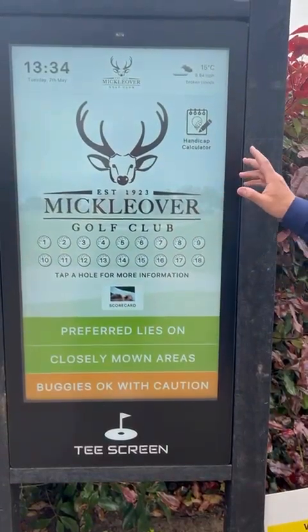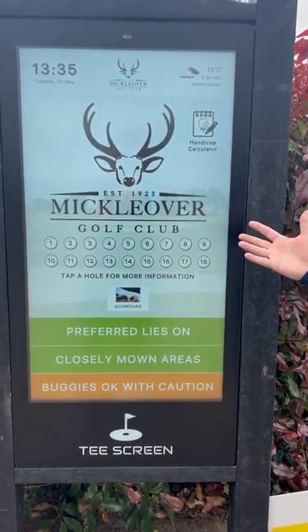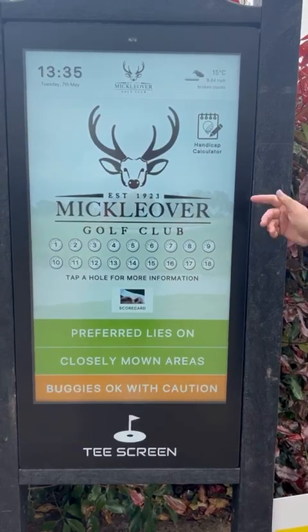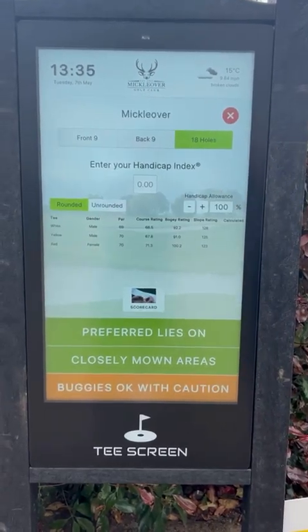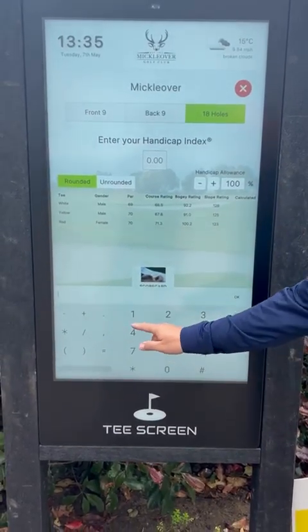There's also something which is really good. So handicap calculations are quite complicated these days. We've got a static board, but here we have a digital one. So you'd find out your stroke allowance by putting in your handicap. So if you were off